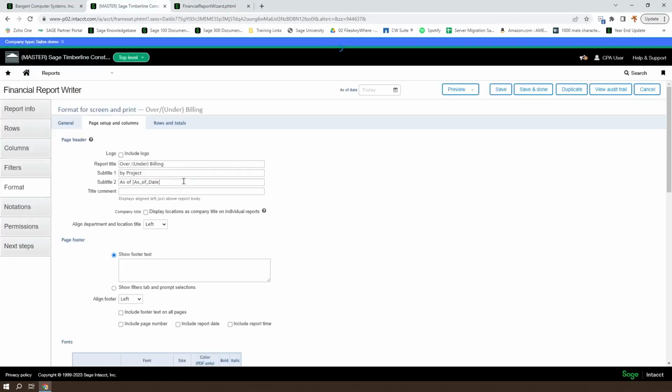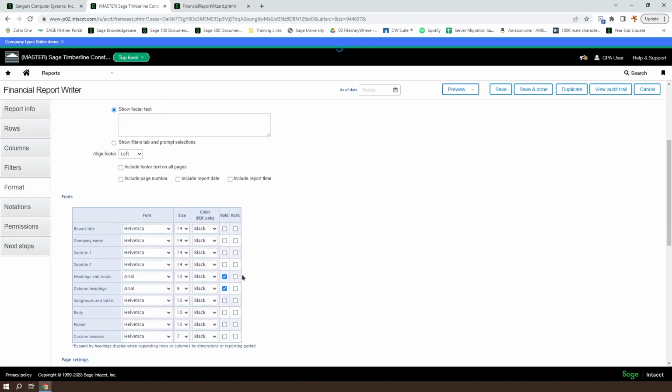Not a huge fan of our fonts up there, so let's take a look at those. We want to go ahead and change those over to Arial as well. And I don't like how much bigger than the rest of the report they are. So we'll leave the actual title itself as size 14 because we don't really have too much below it. Maybe we'll drop that down to 12 and 12.